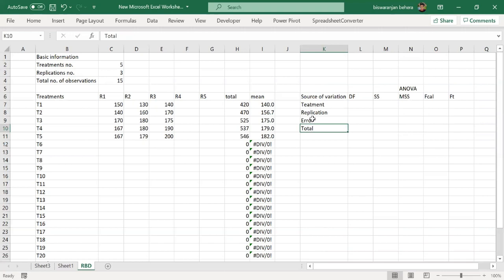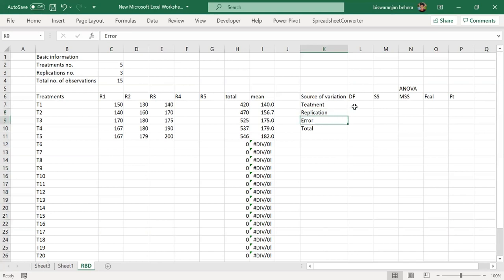Okay, so basically we divided the total variation into treatment, replication and error. But in case of CRD, the variations were only treatment variation and error variation. It means in RBD one extra variation is also identified, and that is the replication variation. That is the reason why RBD is precise under the condition the field having heterogeneous experimental units.